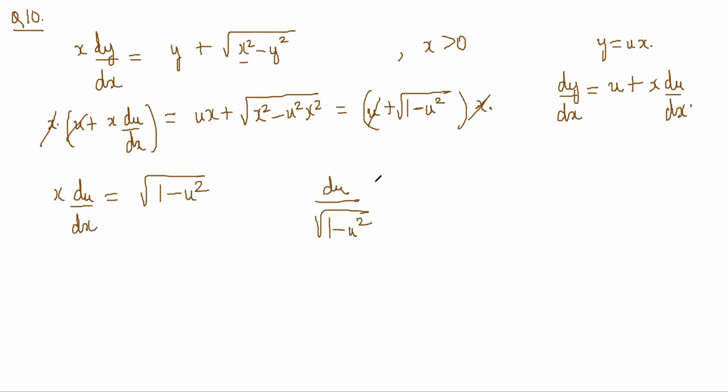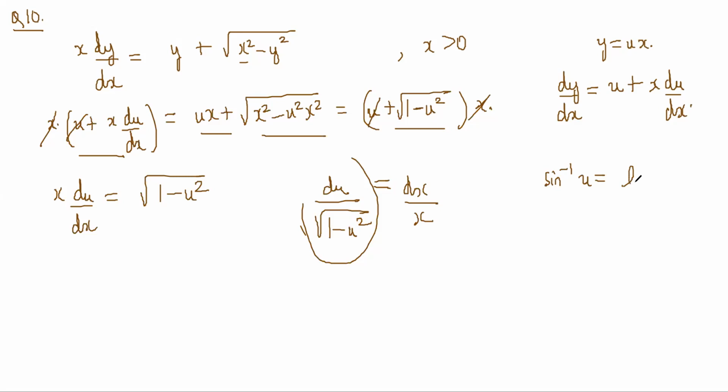So what has happened basically is that notice this is x into this, and this is ux plus this. So x gets cancelled, and then u also gets cancelled. So you have x du by dx is equal to this, right? So this is now integrable. This is sine inverse u is equal to log x plus c. So u is equal to sine of log of x, and inside there will be a plus c.